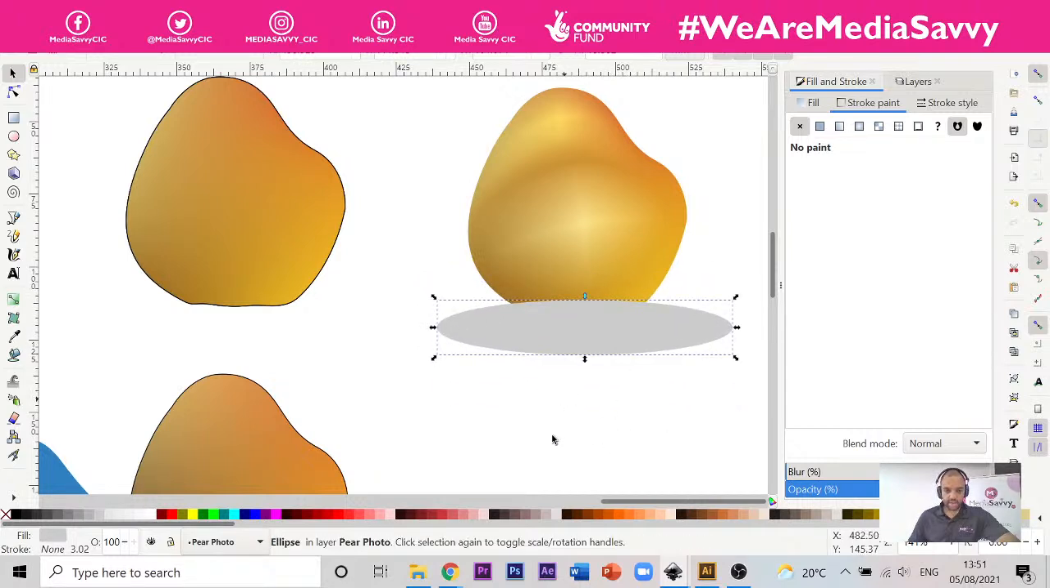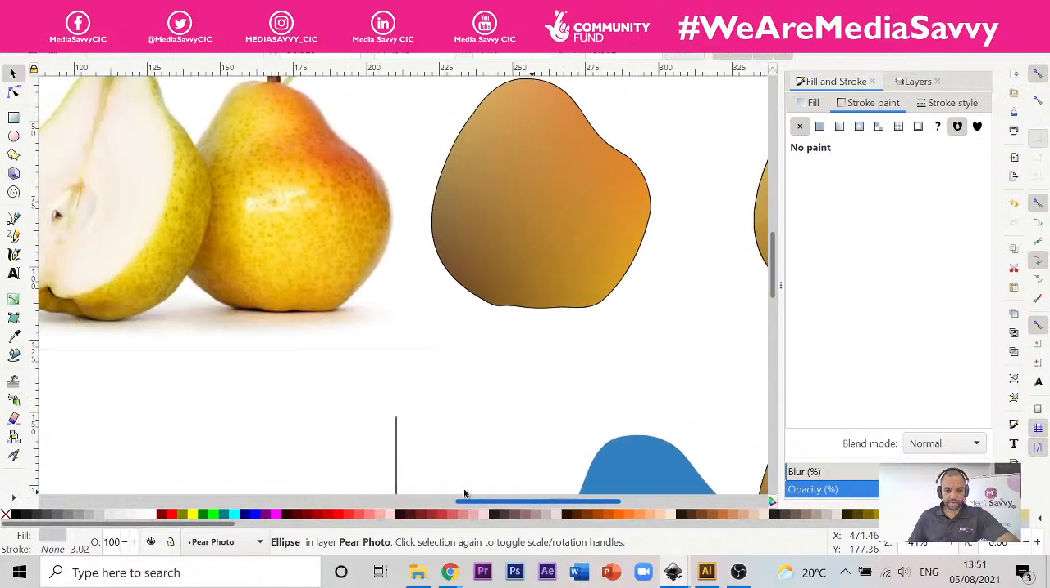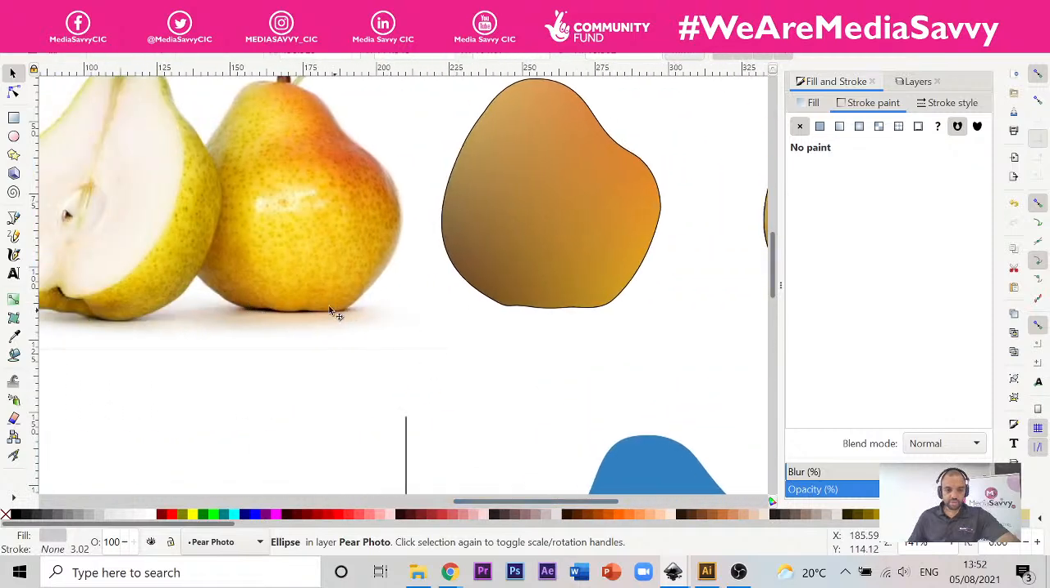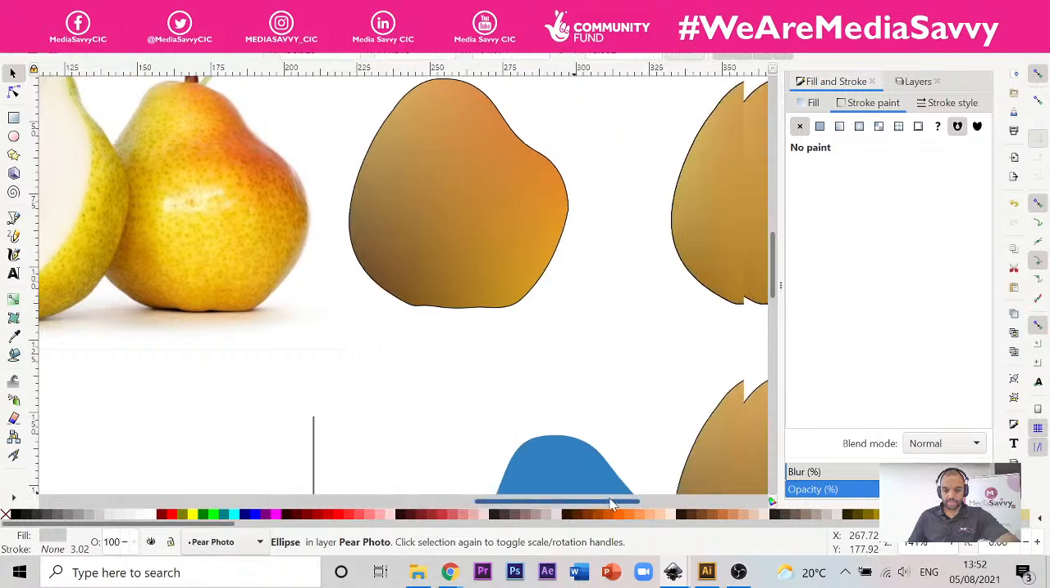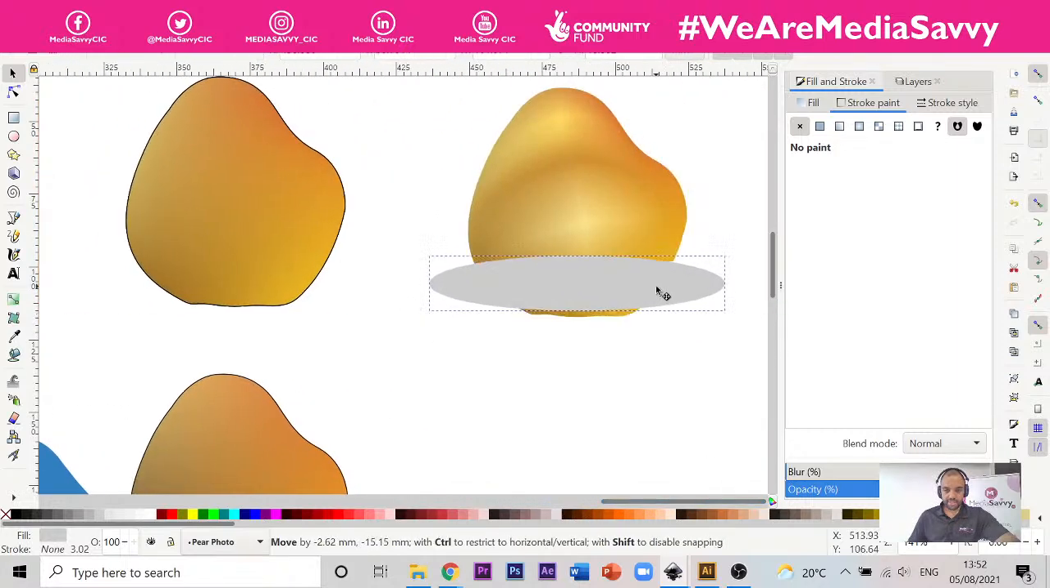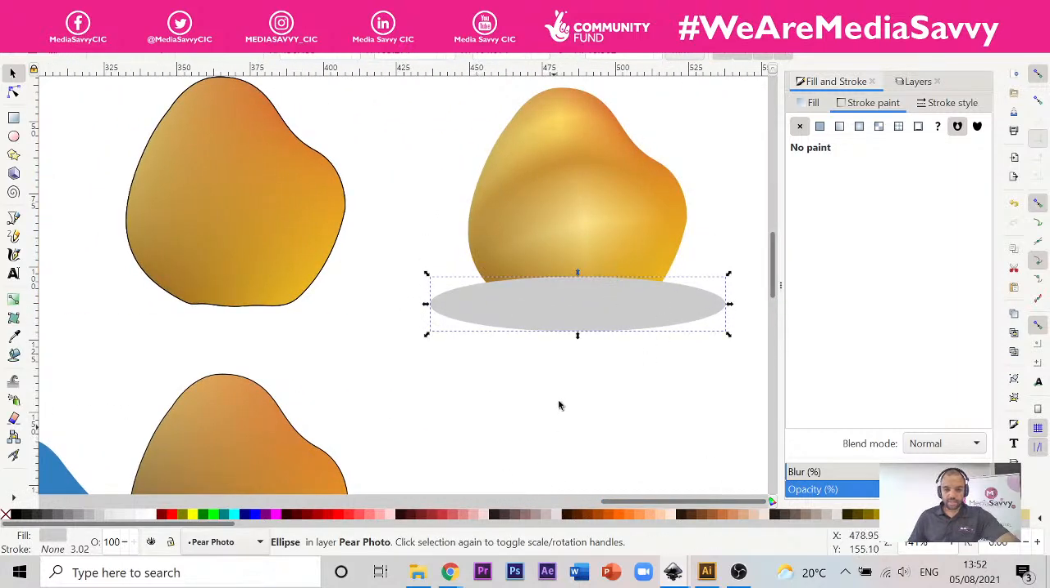Now if you look at what we're trying to achieve, if you look at the real image, we want that shadow to sit underneath the pear. At the minute it's sitting on top of the pear. I only learned this myself a couple of days ago. In Illustrator you have a list of shapes that you can order and organize yourself. Now the way I've seen